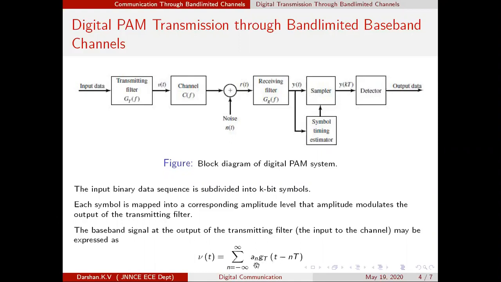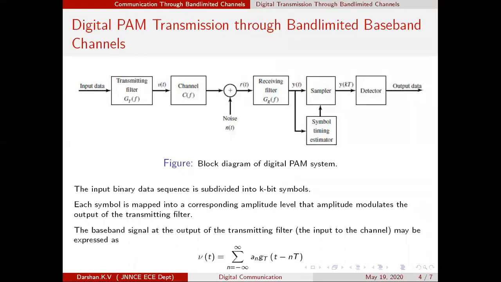So this is the pulse, and what is this? AN refers to amplitude. A particular symbol is having one amplitude. That is why this is called a pulse amplitude modulated signal. Okay, so now you know how exactly the pulse amplitude modulated signal got generated. Now remember, here we are not using any carrier. The cos 2 pi fct term is not there over here if you observe carefully. So this PAM signal is called a baseband signal. Okay, this is also called a baseband signal.